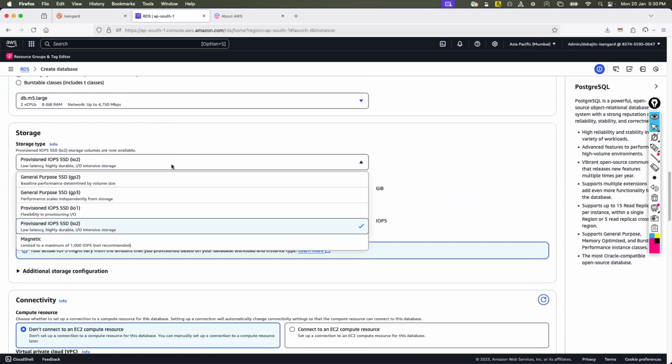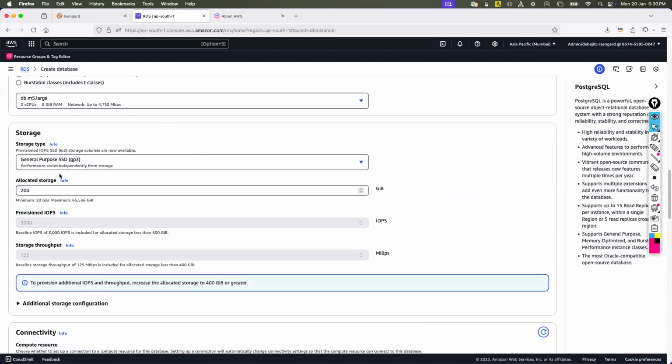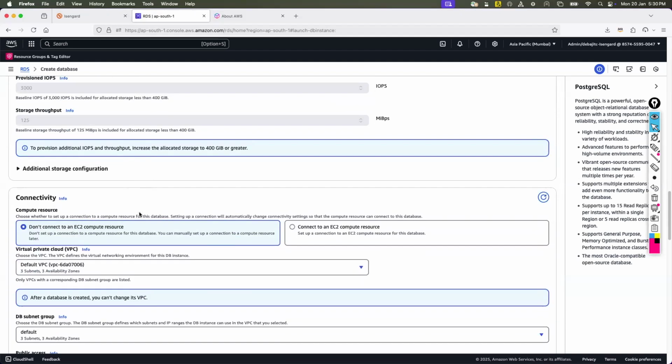And under the storage, you also have to choose what sort of hard drive or storage you should have for your workload, okay? Storage plays a significant role in a database if you have a database background, right? And the performance of storage plays a key role in a database. Nonetheless, in the storage type, I have just chosen SSD GP3.